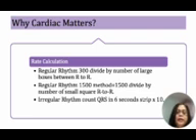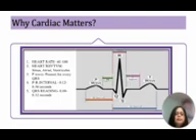Another way, especially in a regular rhythm, is to count the QRS in the 6-second strip, times 10. And how do we know what the 6-second strip is? Always remember, one small box of the EKG is 0.04 seconds. One large box is equivalent to 0.20 seconds. And what is the 6-second strip we're talking about? It means 30 large boxes.